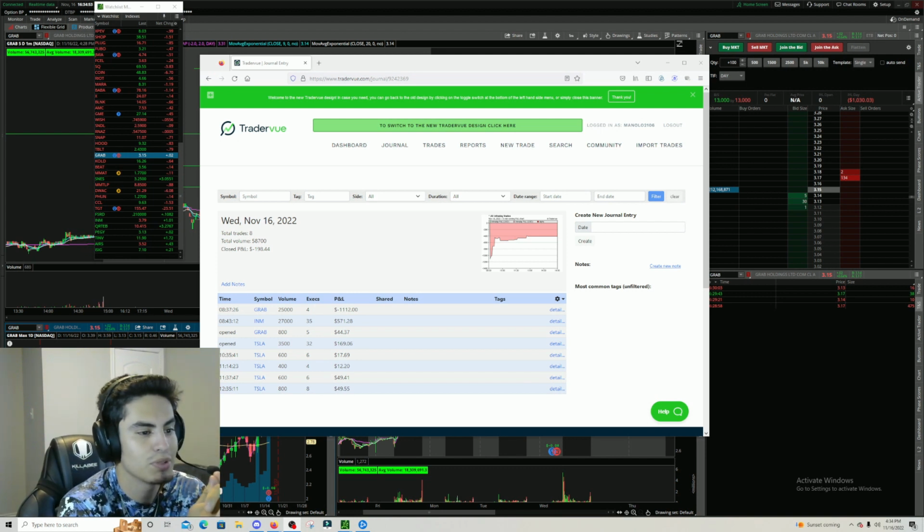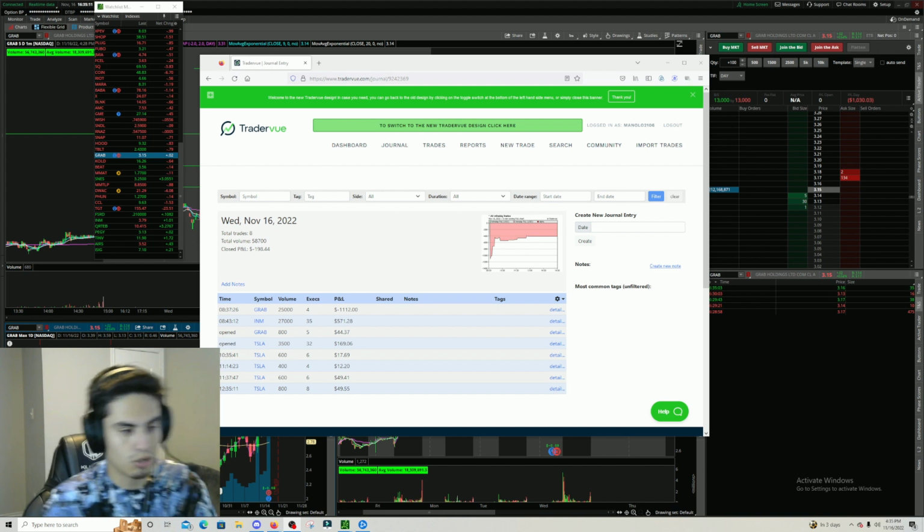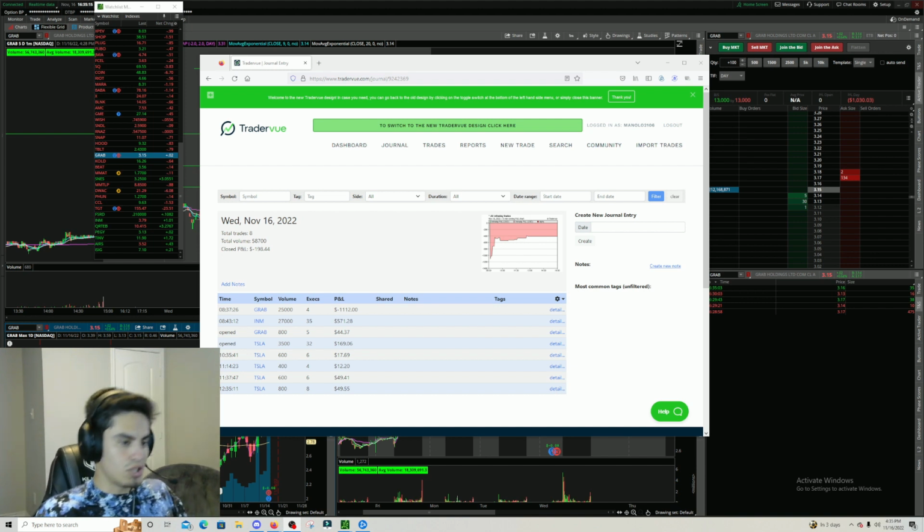Today is going to be a huge win even though I am red. Today was all about controlling damage, minimizing damage, and I tell you guys all the time, if you find yourself in a big red day, you gotta stay calm, find the good setups, trade the good quality A setups, and just try to get as low as possible to a smaller red day. Don't be looking for a green day, don't be looking for a break-even day, just take the quality setups and